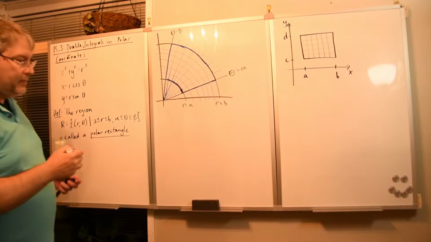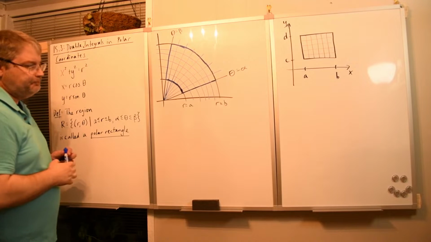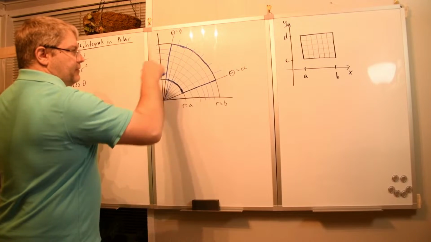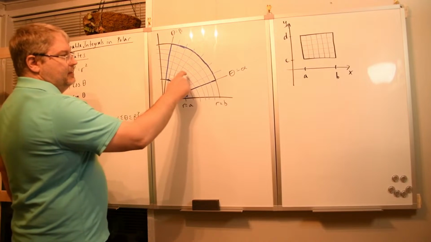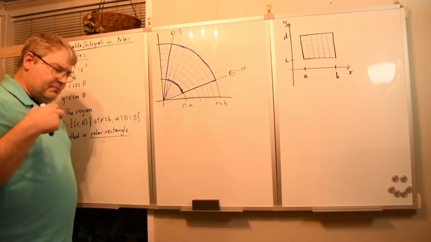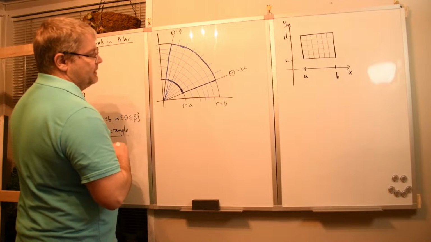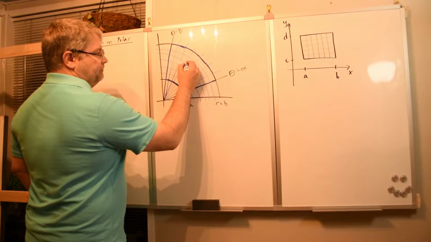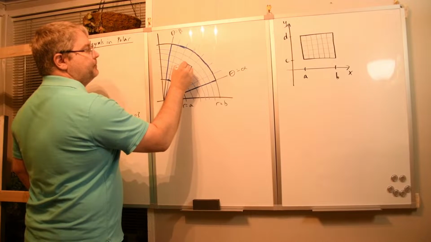And then we can start thinking about, well, what if we were to take certain representative points from the different pieces of this partition? Now, what you have to keep in mind is that these pieces aren't rectangles. These pieces are actually parts of sectors of circles. So, for example, if I were to take a look at this subregion right here,